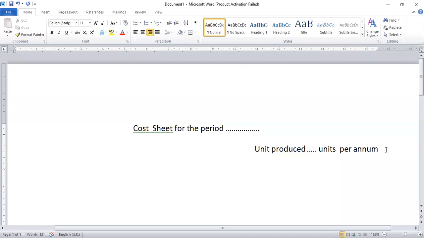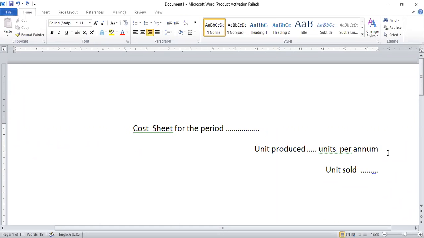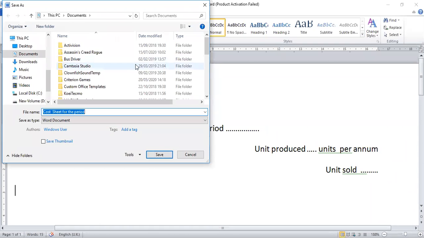Apart from that, unit sold, we have to also write unit sold dash. कितने unit sold किए, that also we have to write on the right hand side. So it will become more easy for us to calculate. Okay, so let us start with the format of cost sheet now. For format of cost sheet,